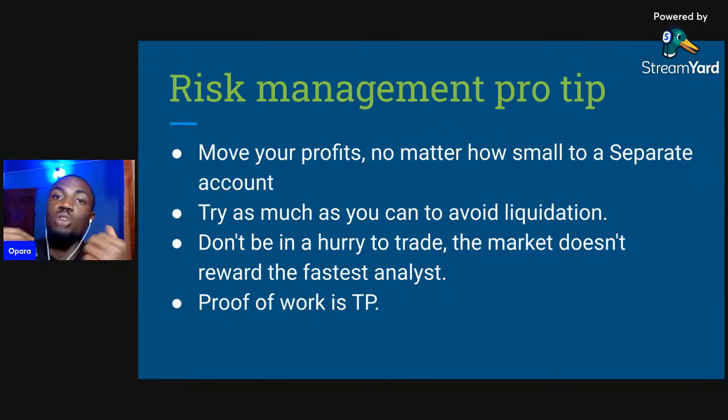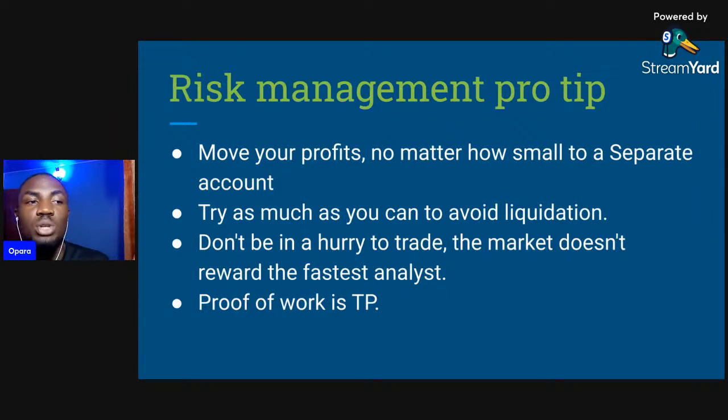Let's assume I'm trading a $100 account and I make a first trade and get plus $20. I'm going to move that $20 to maybe my spot account. You'll understand what I'm trying to say here: the spot account, the futures account, and the funding account, and others like that on Binance or whatever exchange you're using. Whenever I make money on my futures account, whatever profit I make, even if it's $1, I move the $1 to a separate account. That way I can monitor progress.